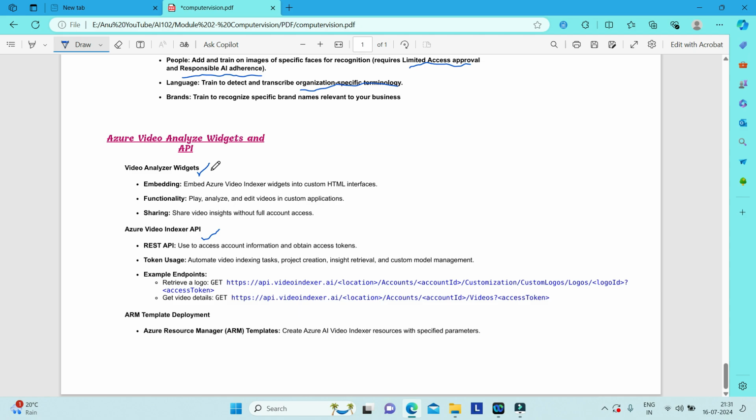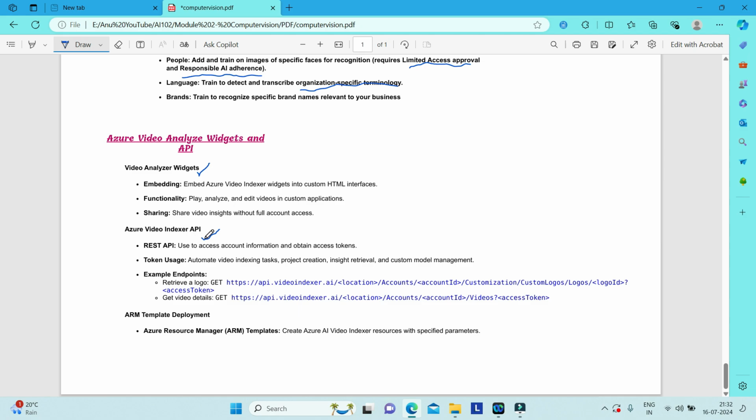So what are widgets? These are pre-built components that you can easily integrate into your website or application to display video insights. And what is an API? An API is the programmatic interface that will allow you to access and use Video Indexer capabilities